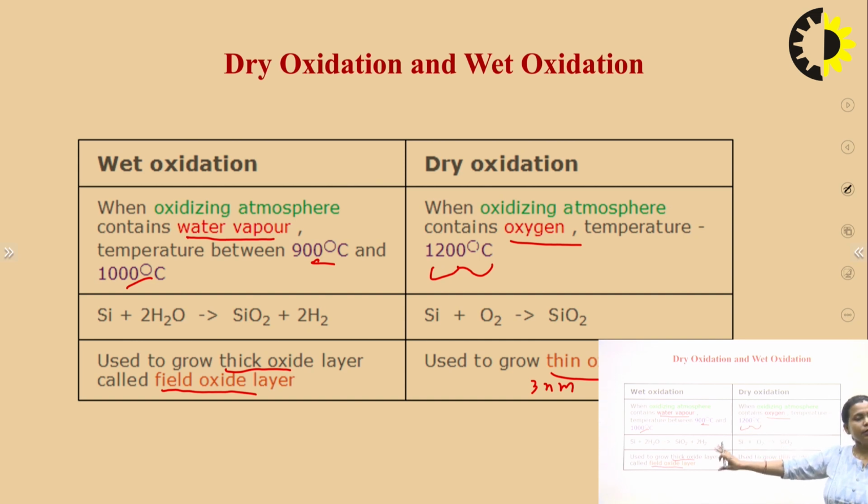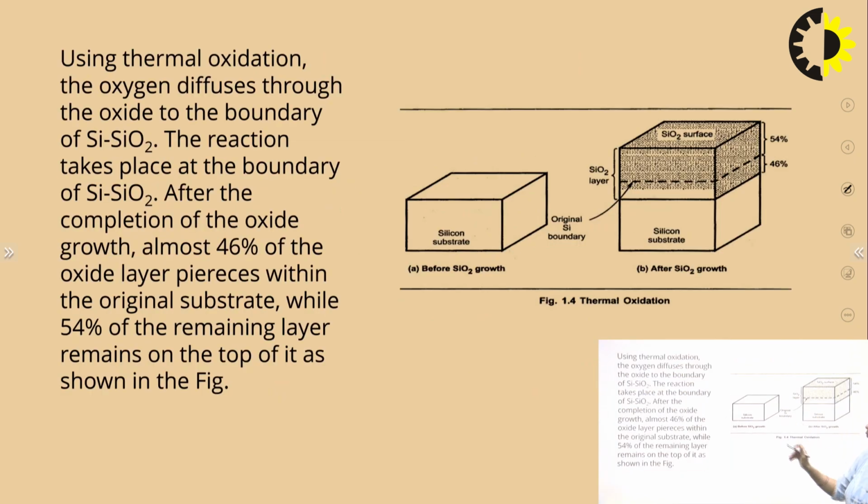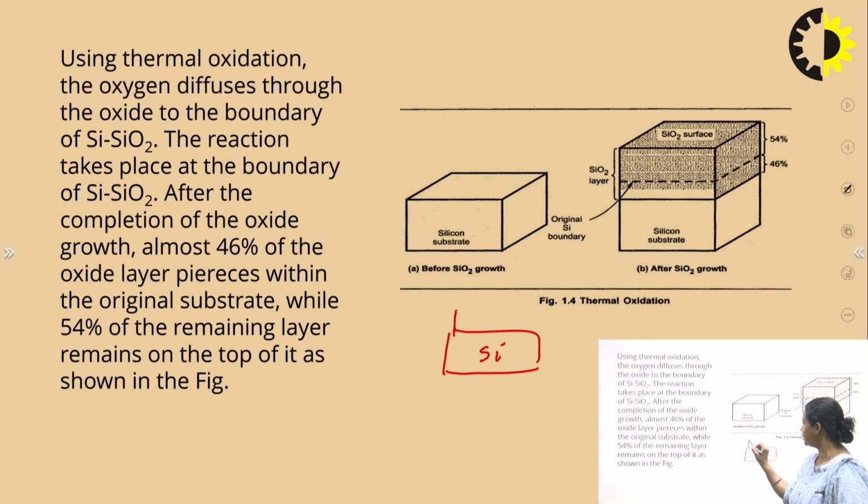So in the thermal oxidation, we have covered wet oxidation and dry oxidation. I think this is clear to you. So this somehow looks like this. This is your silicon substrate, right? This is your silicon substrate, and I have shown that this is the SiO2 layer. So when your reaction and your oxidizing element come here, some layer will form like this. Okay, so this is your SiO2 layer. So in actual phase, this layer will look like this. This is your silicon substrate, and above it there is the SiO2 layer.